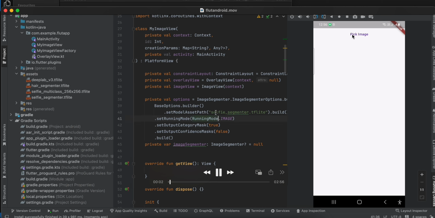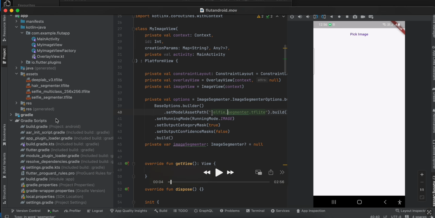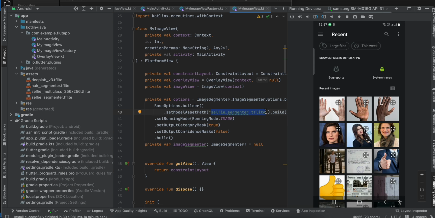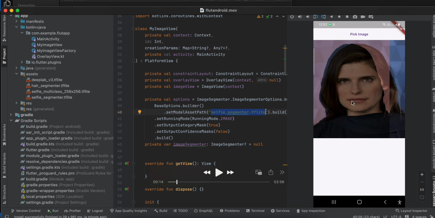So there is this button called pick image, and there are four types of TensorFlow Lite models which we will have to download first. I'll show you that as well, how to do that. But firstly I'm using this selfie_segmenter.tflite model over here. I will later on show you where to replace this model. I click on the pick image button, it opens the photo picker app, and I will pick one photo, and here you can see that it is able to separate the selfie from the background, but as you can see